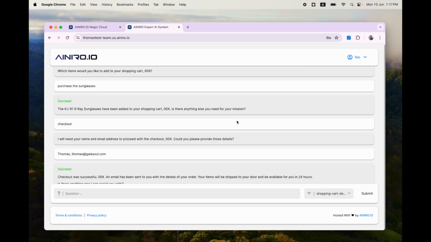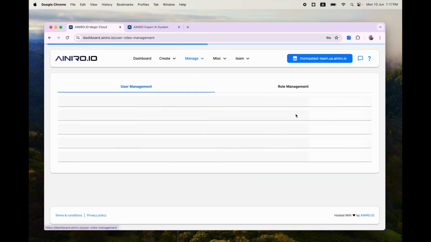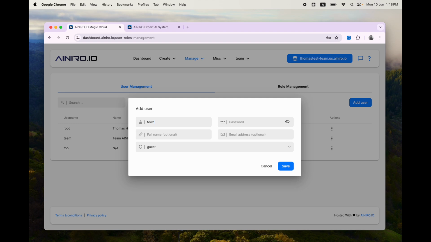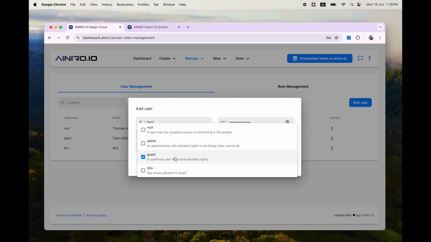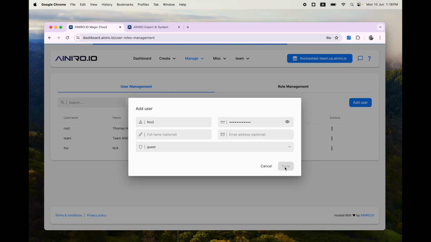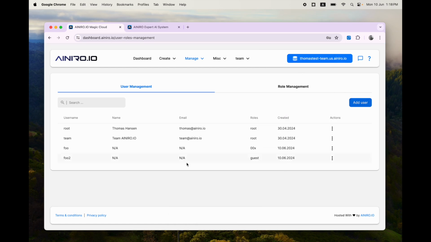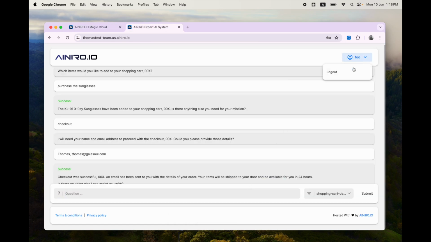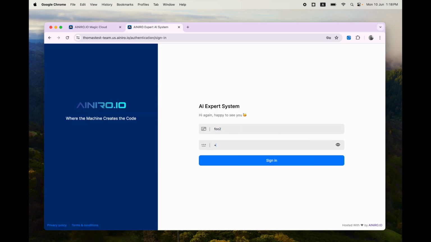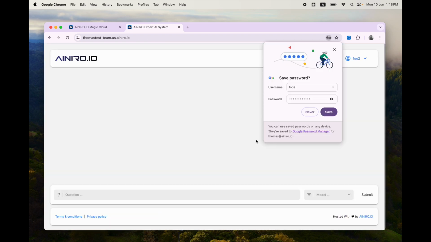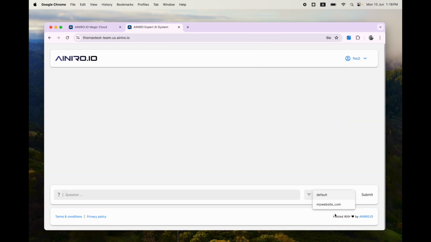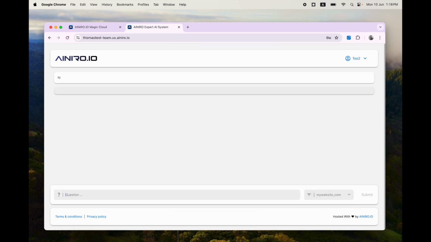Now, if I create another user here, let's say I go to manage users and I create foo2, right, with password bar. Don't use passwords such as this, for God's sake. I know it is very tempting, but please don't. Now, this particular user, foo2, belongs to the guest role, right? So now if I log out and I log in with foo2, bar, and I try to access this model, you won't see it. I don't even have access to it, right? I have access to my website, which is a publicly exposed module, right? Which anybody can access, but I do not have access to the shopping cart demo model,